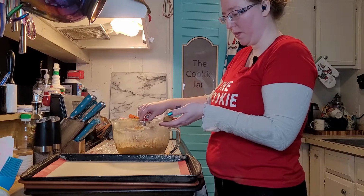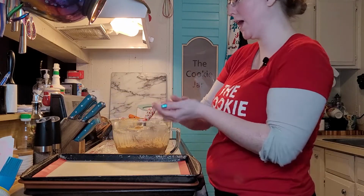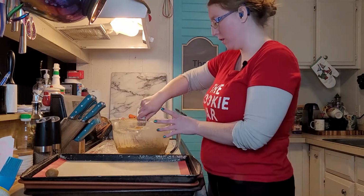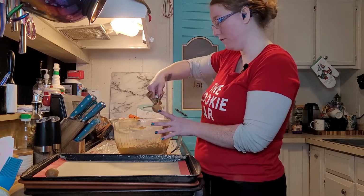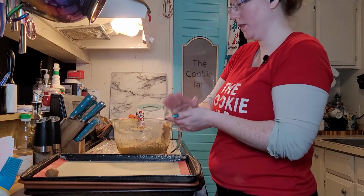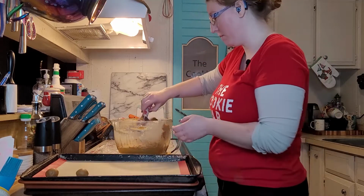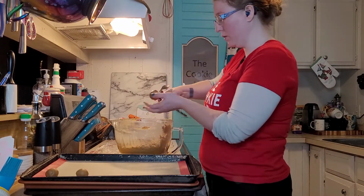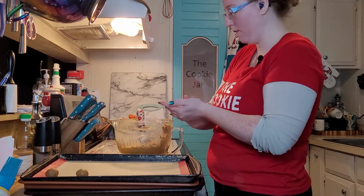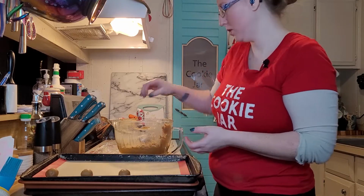So I think I'm going to do an experiment because I noticed last time that when we did cookies, not the flan, that when you actually roll them, they come out differently than when I just plopped them down. So I was wondering if that's the same cookie or if it's just the...